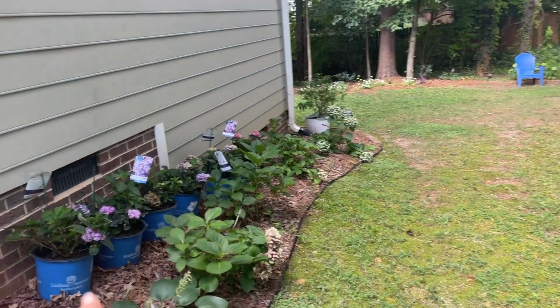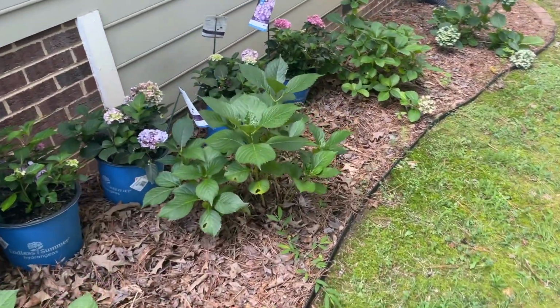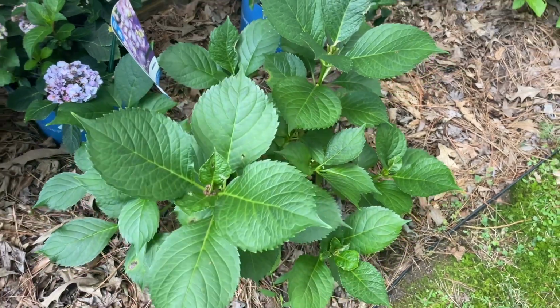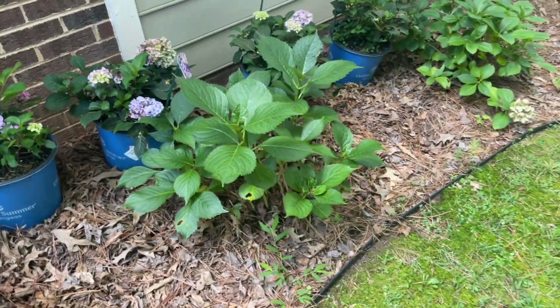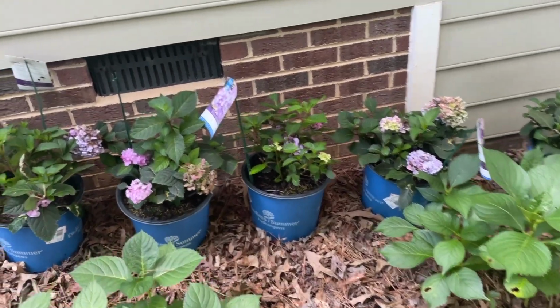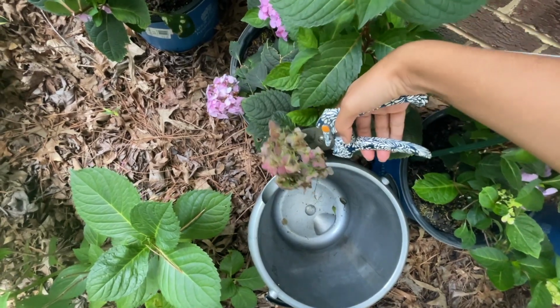There were some that were Easter hydrangeas, and I tried to pop them in and see if they worked, but they did not really bloom. They've grown and grown. I might still give them to my mom and see if she wants to give them a try, but these were only $8, so what I'm gonna do, I'm just going to trim off the foliage